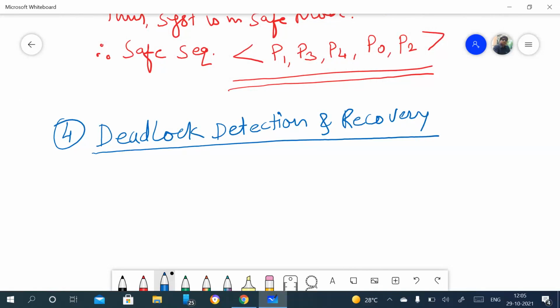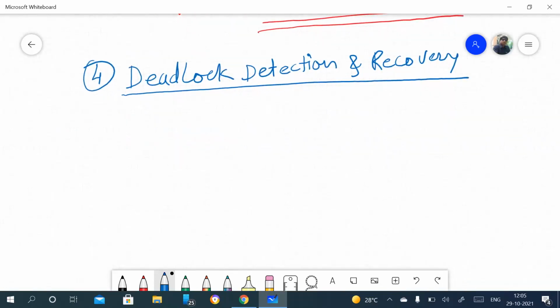Now see, here first we need to detect that deadlock and then we can recover from it. It means first we need to allow the system to go into deadlock, right? And then we can detect it. This is the thing here, because deadlock has happened there. Now we just want to detect the deadlock, right? So in this, first we need to detect.